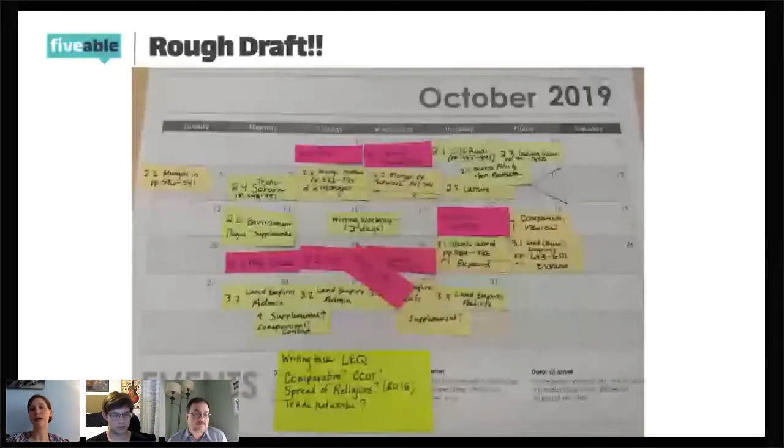It's so hard for me right now to make decisions without seeing all of the resources available to me. That's why I'm showing you my nasty rough draft calendars, so that you can see I'm not an expert. The College Board certainly probably wouldn't even approve of me doing this because I'm not one of their trained trainers. I'm just a teacher who's trained to figure this out for myself.